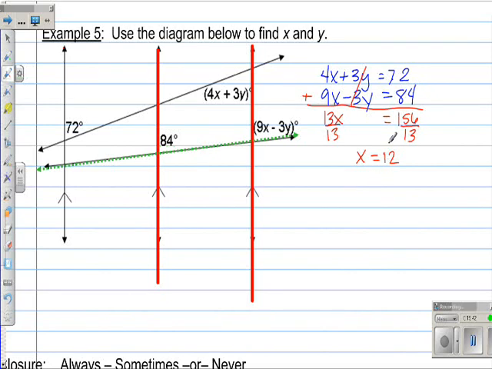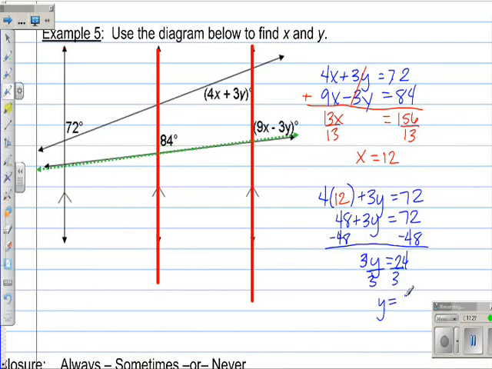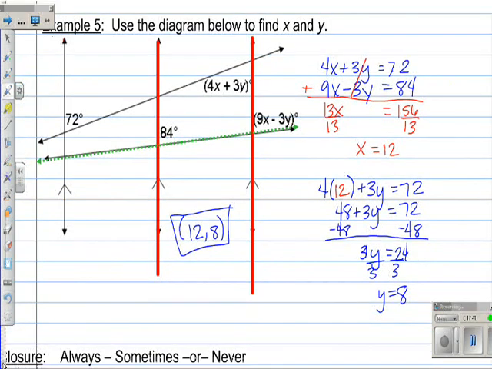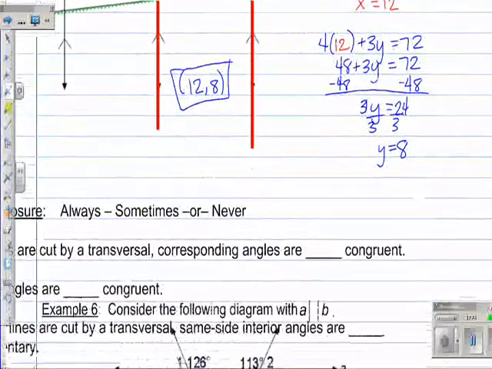Now, if x equals 12, I plug that back into either one of my equations. I'm going to plug it into this first equation and say x instead. So you would say 4 times my x value, which is 12, plus 3y equals 72, y equals 8. So your solution would be 12, 8. And so if you plug in 12 for x, 8 for y, that would be your answer. Okay? From here, we're going to do just the last set